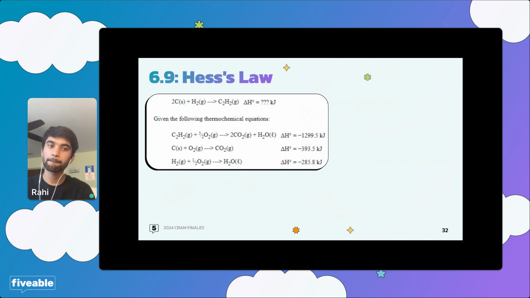Okay. So we're trying to calculate the overall delta H of this reaction. You have the following thermochemical equations. I'm not going to read them all out because you don't want to hear me say C2H2. You can read it. But remember that each one has its own delta H, and remember what we're doing. So how are we going to go about this? Someone tell me the first thing that you would do when you see this. Mine is to cry, but we're not going to do that, because we know what we're doing now.